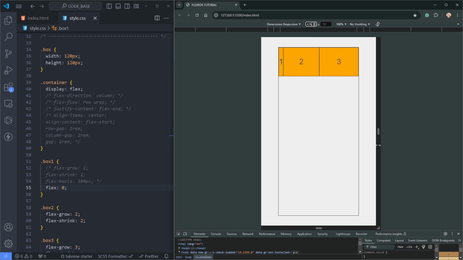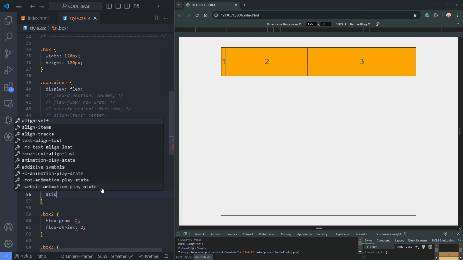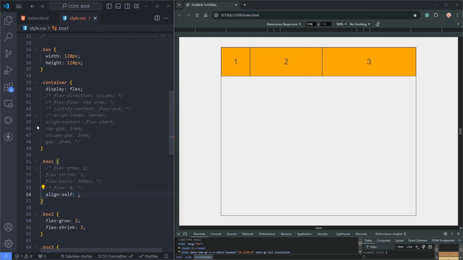grow or shrink either. We also have the align self property that works exactly as the align items property of the flex container, but this one positions each flex item individually along the cross axis. Flex start is near the start of the cross axis, flex end is near the end of the cross axis, and center